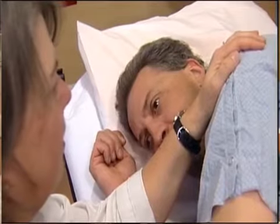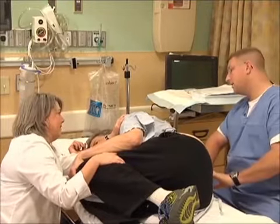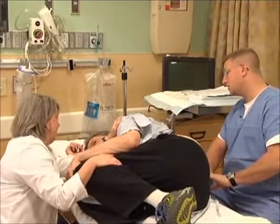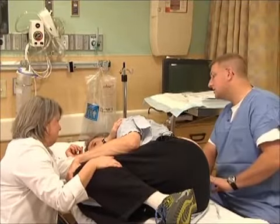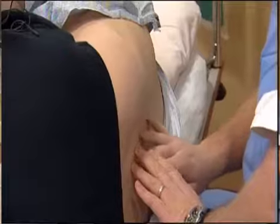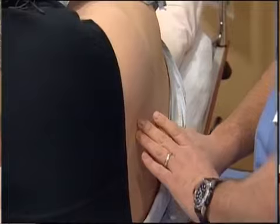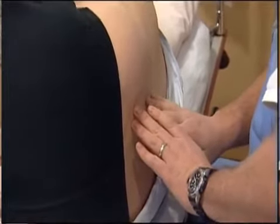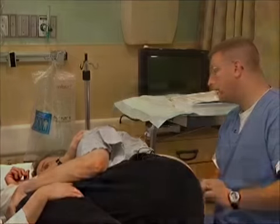Before and during procedures, healthcare workers need to be mindful to communicate carefully, remembering that a patient can't see what is going on. So what we're going to do, like I said, in just a second here, I'm going to just get some cold, wet soap and just clean off your back a little bit, so you'll feel me kind of moving in this circular motion like I am right now. Once we get that, we're going to put some sterile drapes across your back, and then at that point...